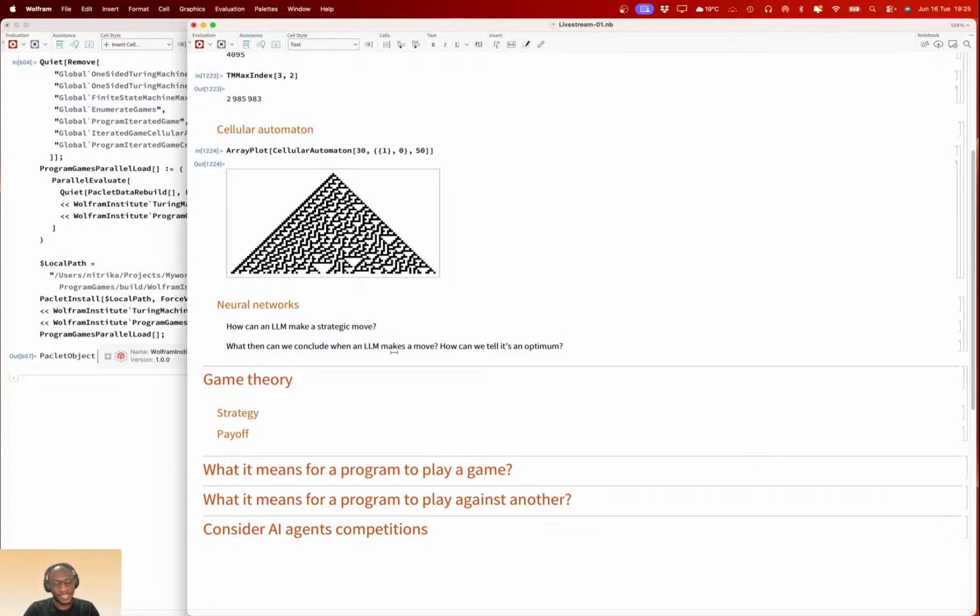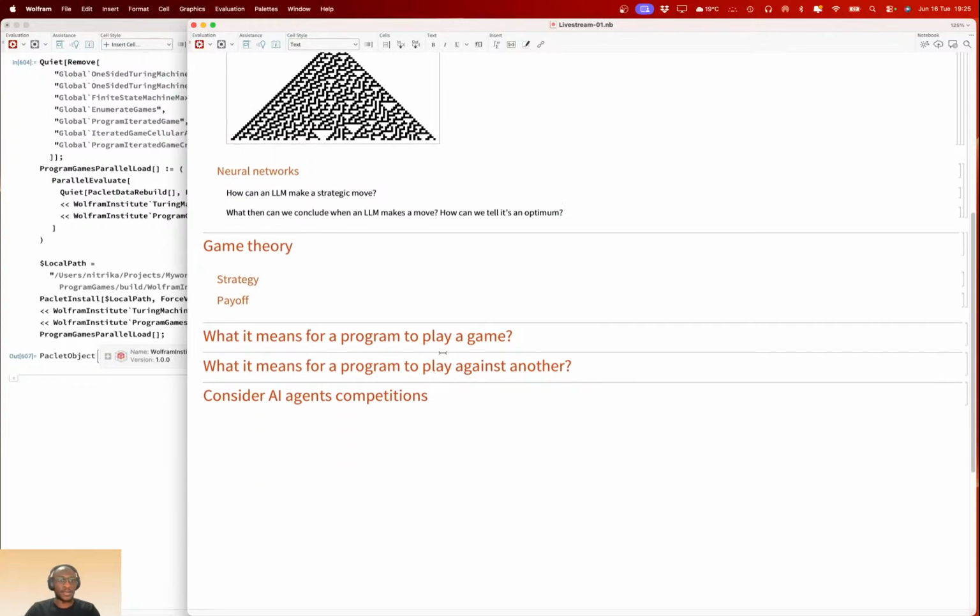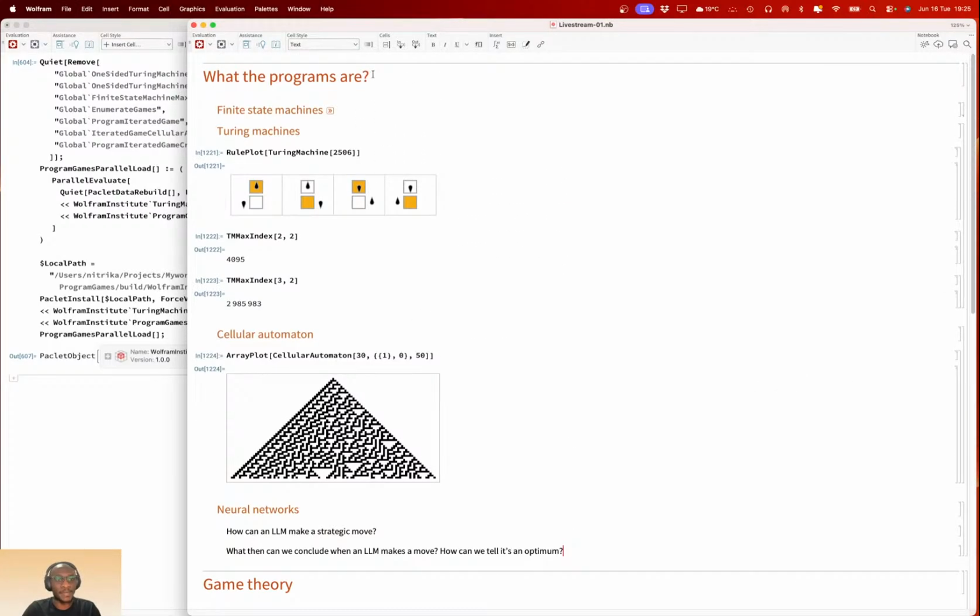They use so much energy, so much compute. But what you want is to produce a strategy while using as little energy or compute as possible. That's the question you can ask of an LLM. But we can talk about that once we have defined what a game is.